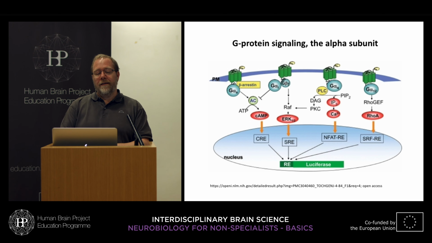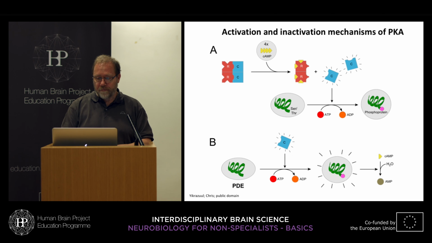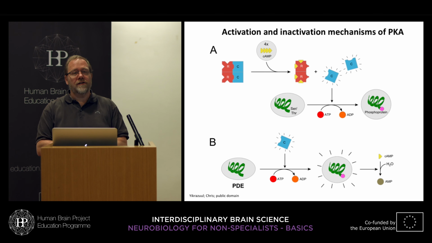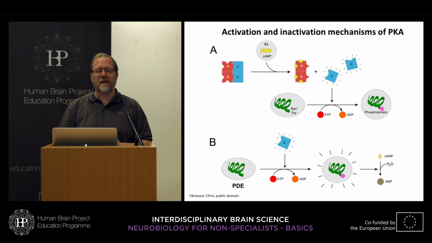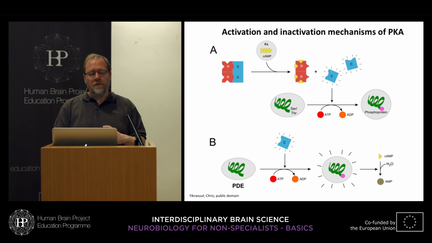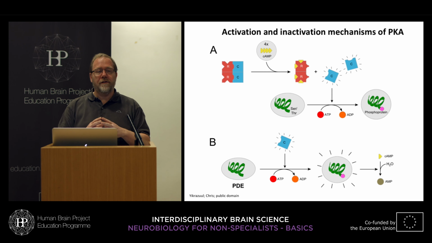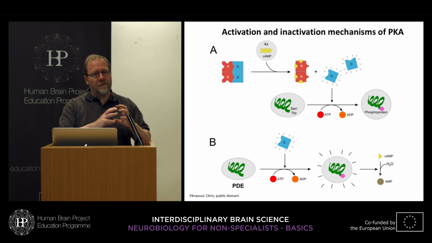If we look at cyclic AMP and its function, one of the key functions is the activation of protein kinase A. And again, it's a protein kinase, which is a starting point for a protein kinase cascade. So normally in the cell, the catalytic domain of protein kinase A, shown in blue, is bound to a regulatory subunit. If there is sufficient cAMP, in this case we need 4 of them, then the regulatory subunit is removed from the catalytic subunit. And the catalytic subunit now can start to phosphorylate proteins at 2 different types of amino acids, serine or threonine,